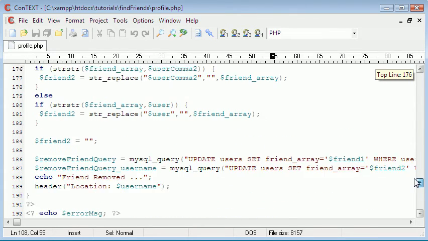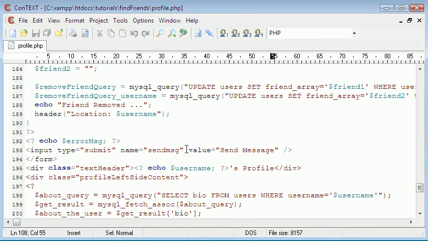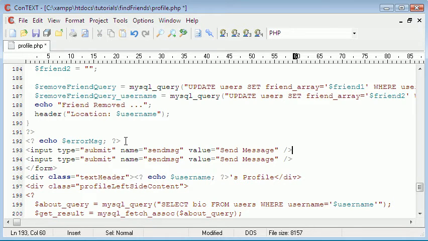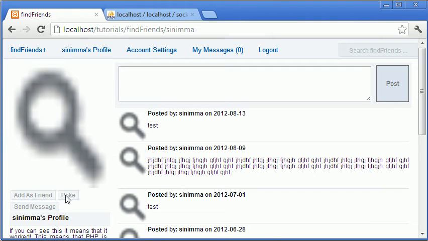So what I'm going to do is right here, I'm going to copy this and I'll change this to poke, and then obviously I'll change this to poke. So if we refresh, we have a poke button,